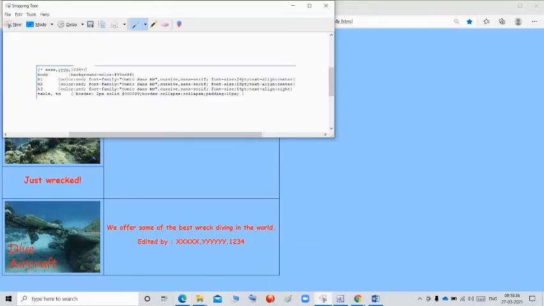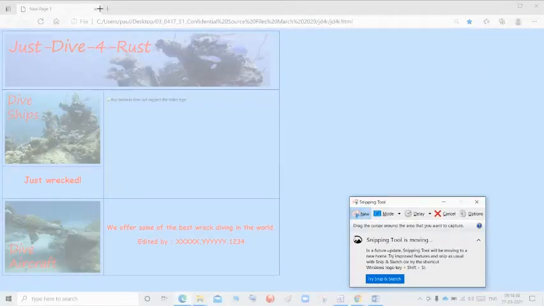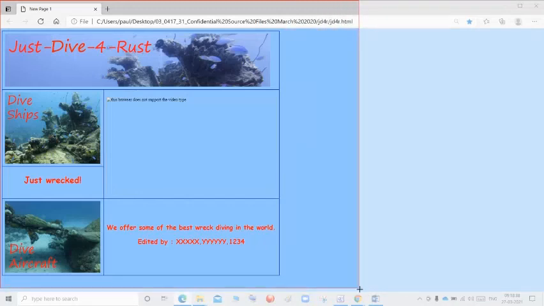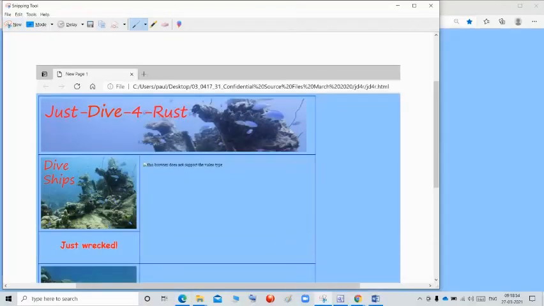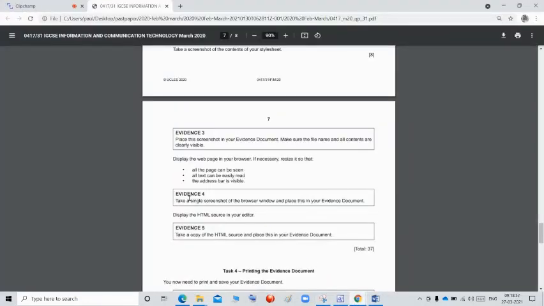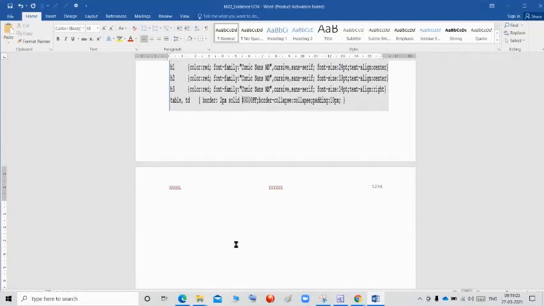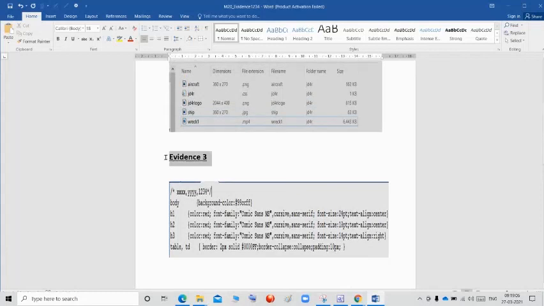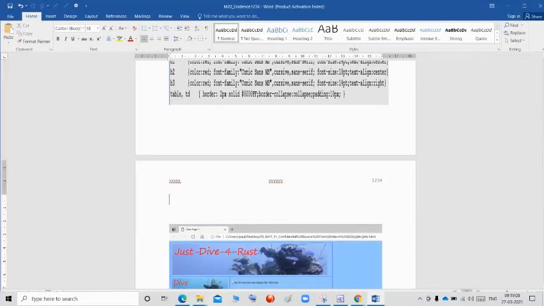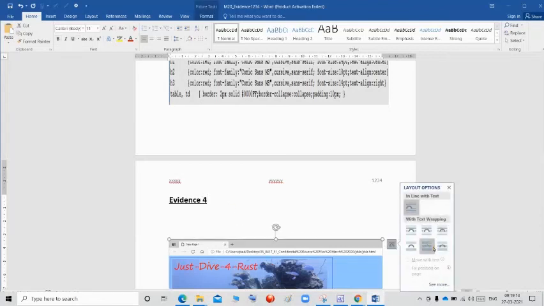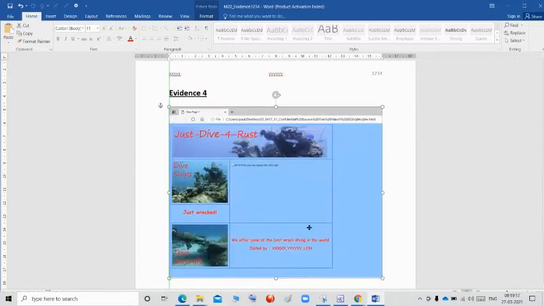So I'm going to the snipping tool, click new. They are saying the address bar also should be visible. So I'm going to copy like this. We should not take the below one. Type to search. Copy this, and I think they are asking for evidence. Take the screenshot and place it in the evidence. And with the evidence, the page like this.